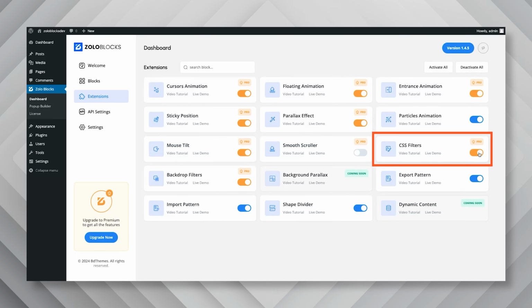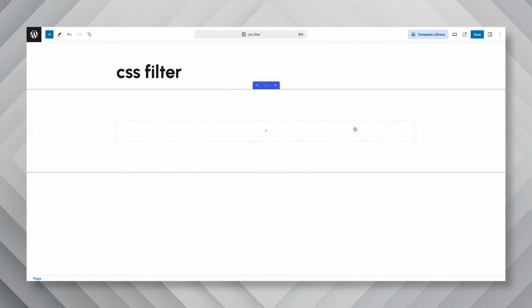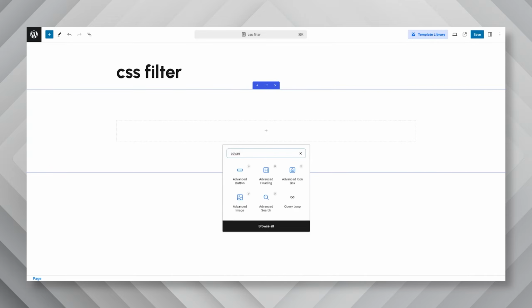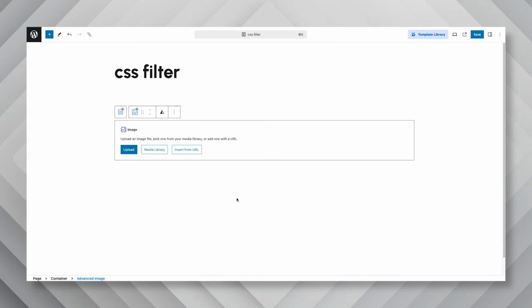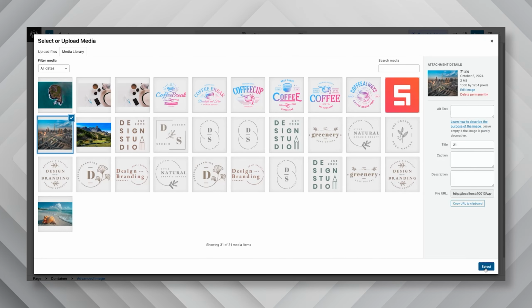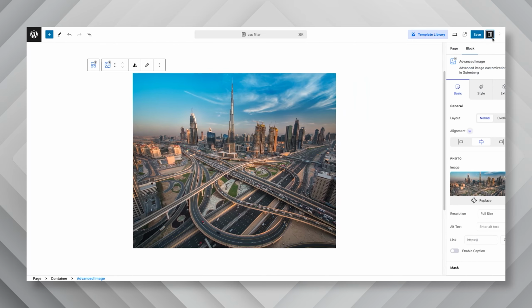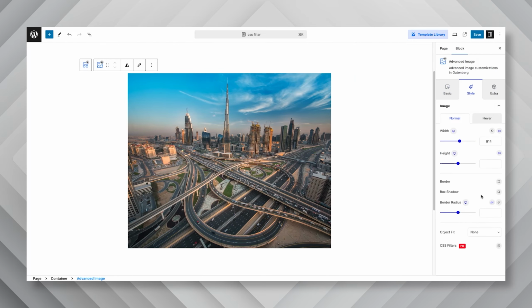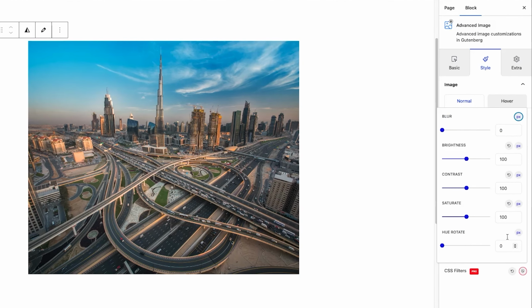The way the CSS filters work is amazing. They add a menu for your media files, especially images, where you can use several options to enhance the image. So, for instance, you may choose an image for your landing page, and you will find the CSS Filters option under the Style tab. Clicking on this option allows you to customize the blur level, brightness, contrast, saturation, and hue